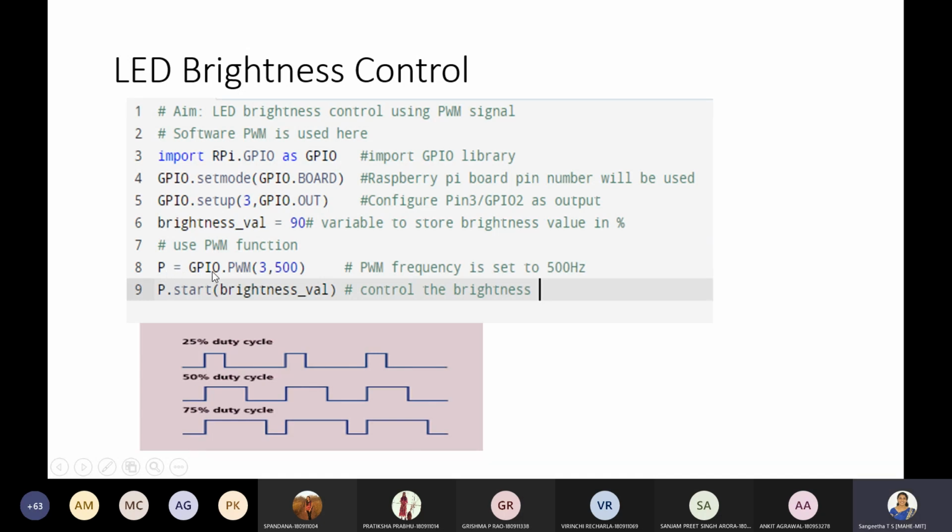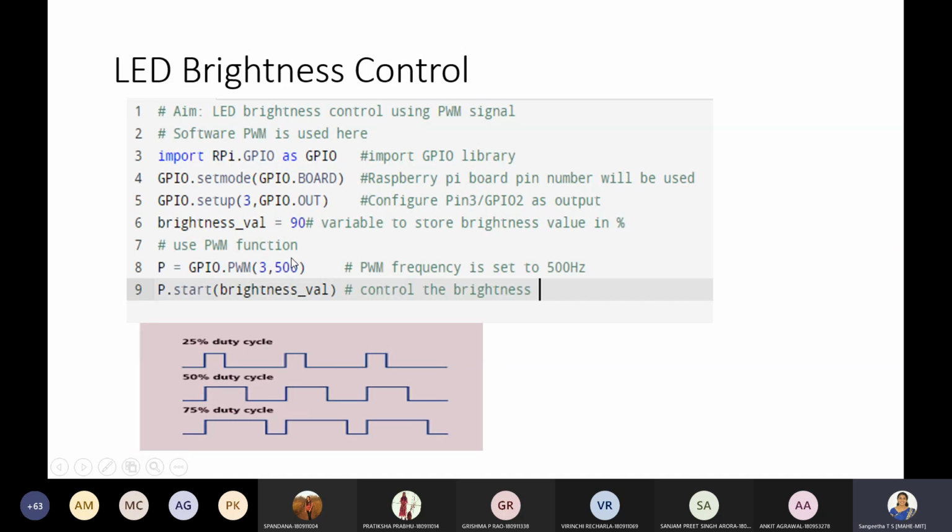Then GPIO.PWM: the first parameter is the pin number, and the second parameter is the frequency. That means in 1 second, 500 hertz is the frequency of the PWM signal.